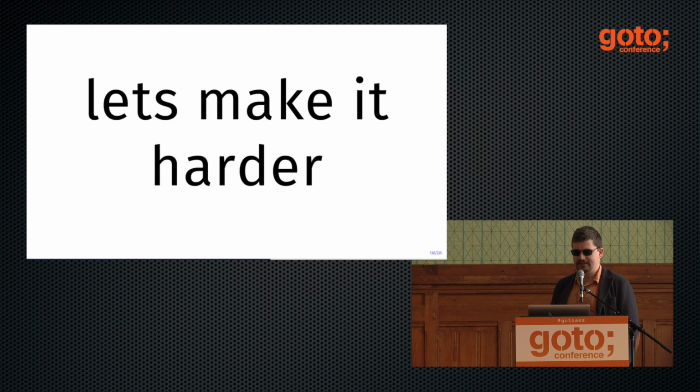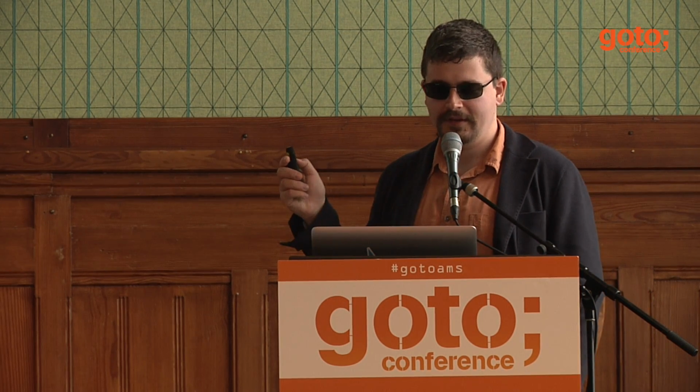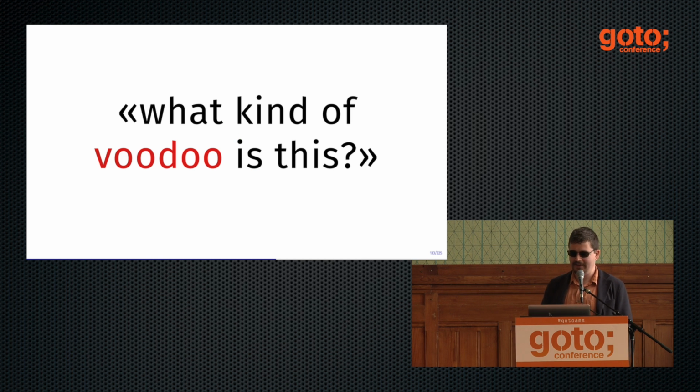Then, of course, I come and I say, okay, how about I make it harder? What if instead of putting a normal property on the deeply nested prototype, I put a getter on the prototype? And of course, everybody heard that getters are slower than normal properties. And then there are prototypes in the thing, so it should be many billions of times slower, right? Turns out it is actually faster to make it a getter. And people are really flabbergasted by this, and they say, you are a dark wizard of some sort.